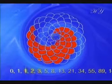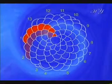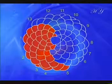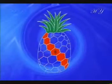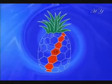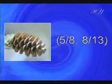Daisies and pinecone scales are also set out in right and left spirals. If you count these one by one, you will again obtain numbers based on the Fibonacci series, in other words, on the golden ratio. These numbers in the spirals in plants will be 5/8 and 8/13 in pine cones,